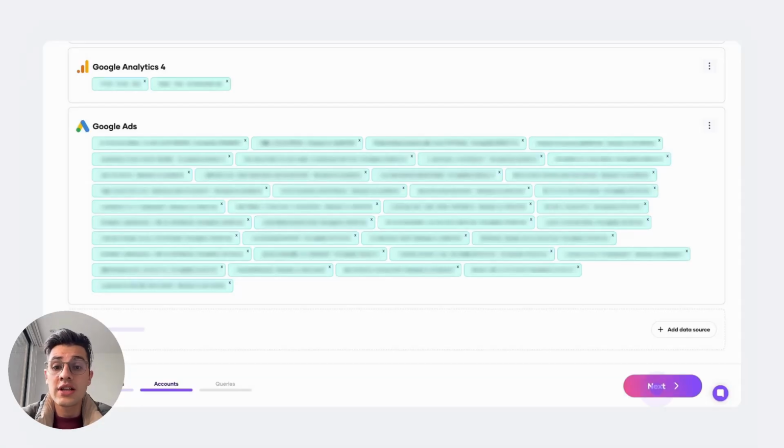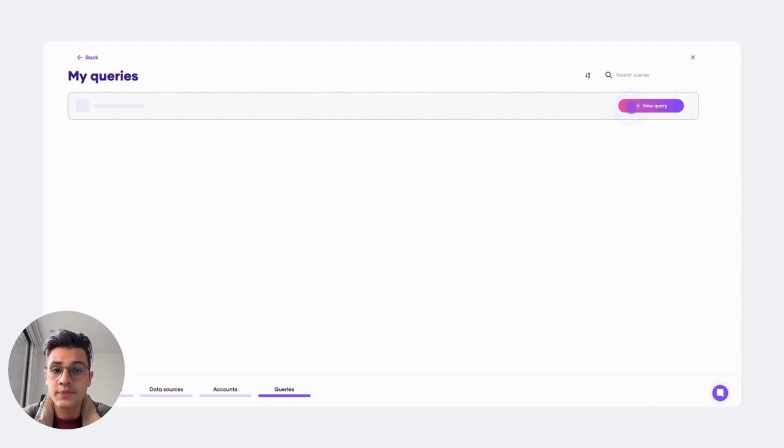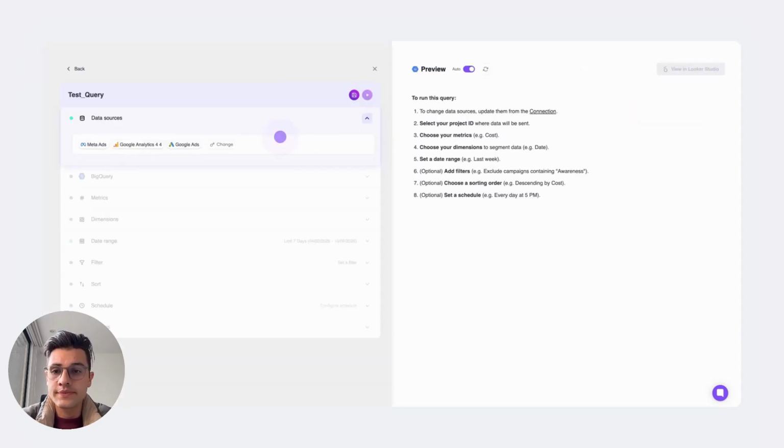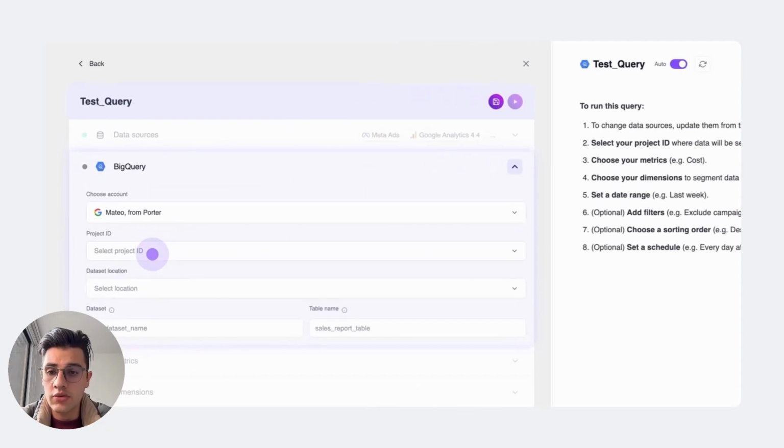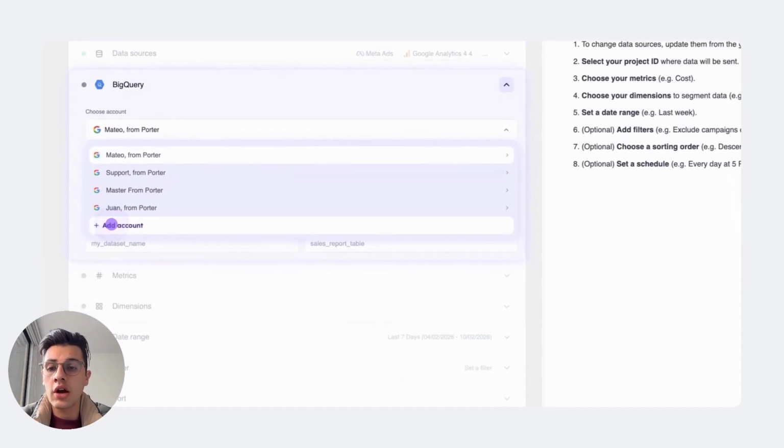Now that we have already selected our accounts, we're going to click on Next and we're going to create a new query. As soon as you get here, you're going to see data sources, and you're going to see the data sources you have selected in the previous step. Now you're going to click on the drop down here in the BigQuery row and there you're going to see Choose Account. If you click on the drop down, you're going to see all the accounts that we have connected